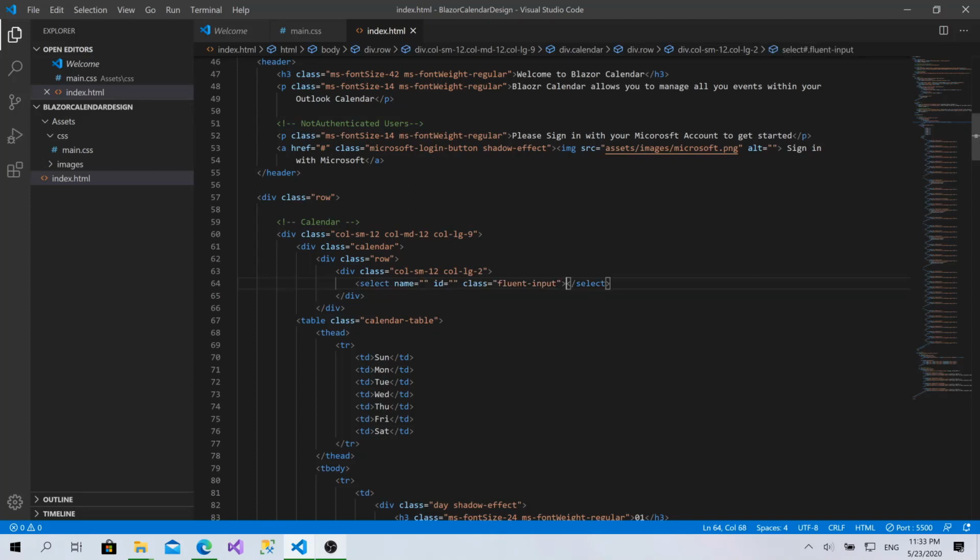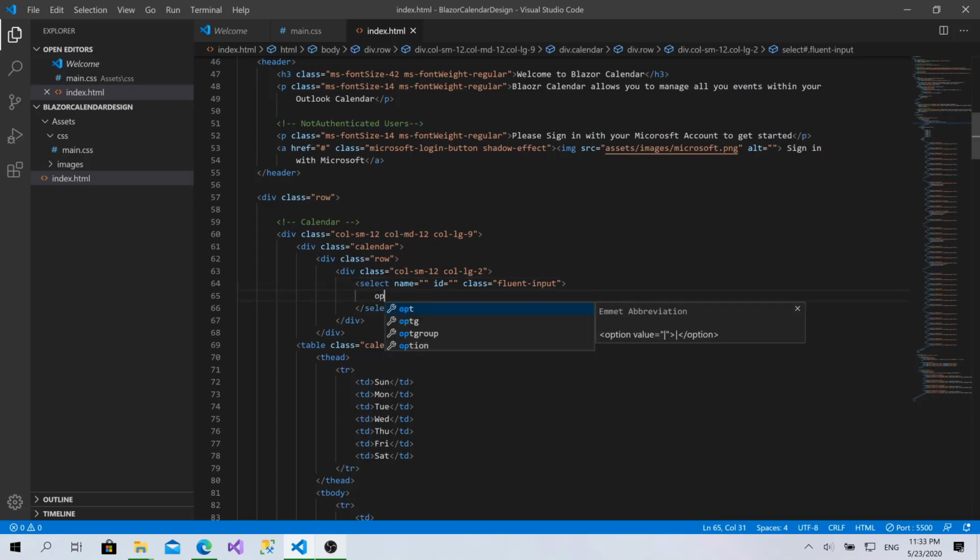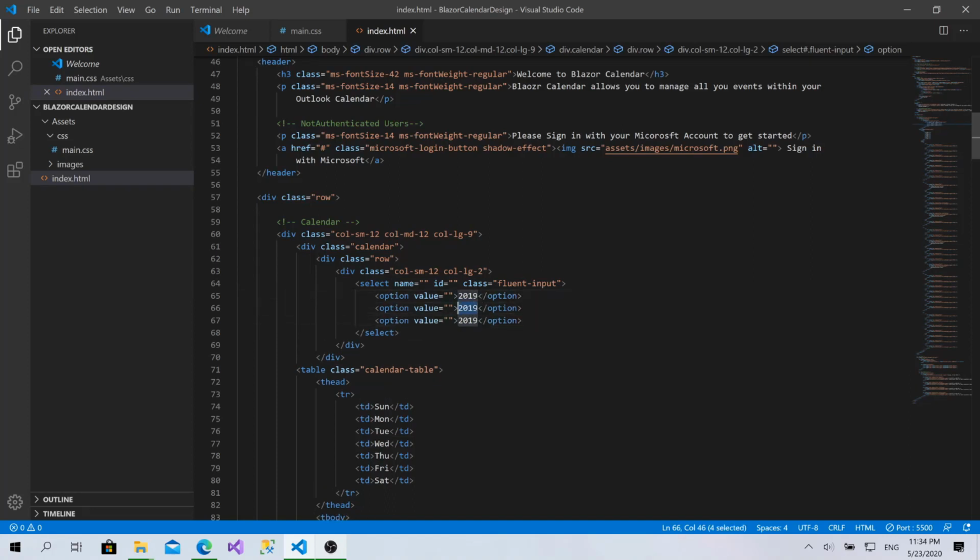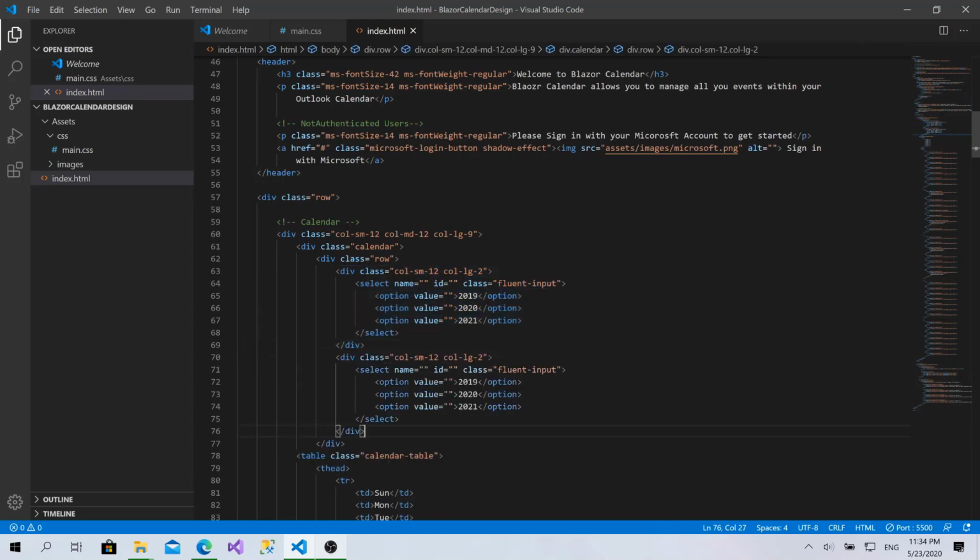Okay. Let's add some options. 2019, 2020, 2021. Then let's copy this full row, and again this one would be the months, so January,